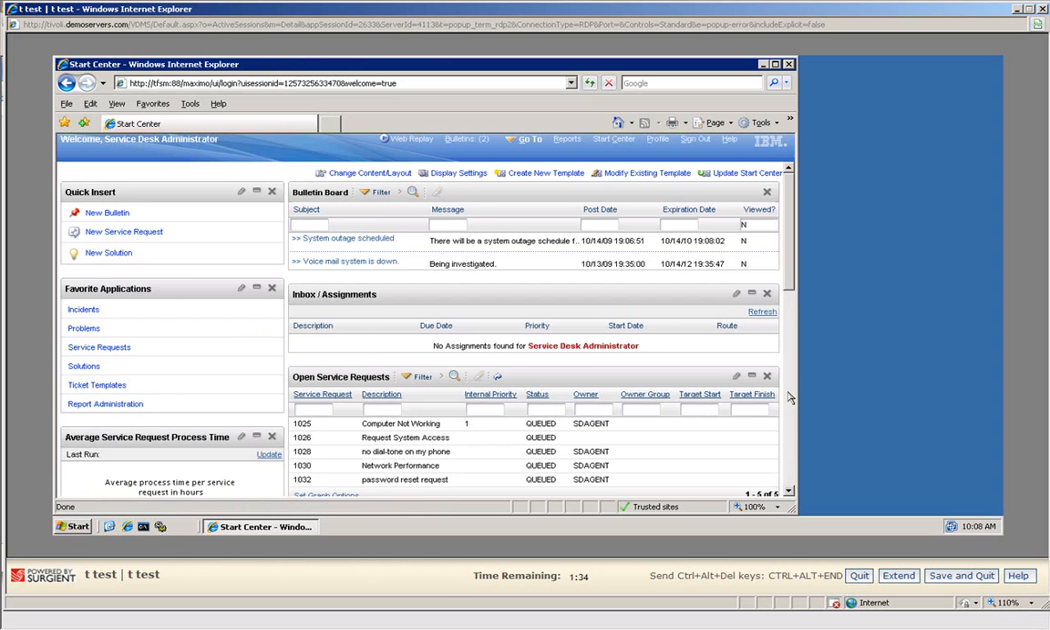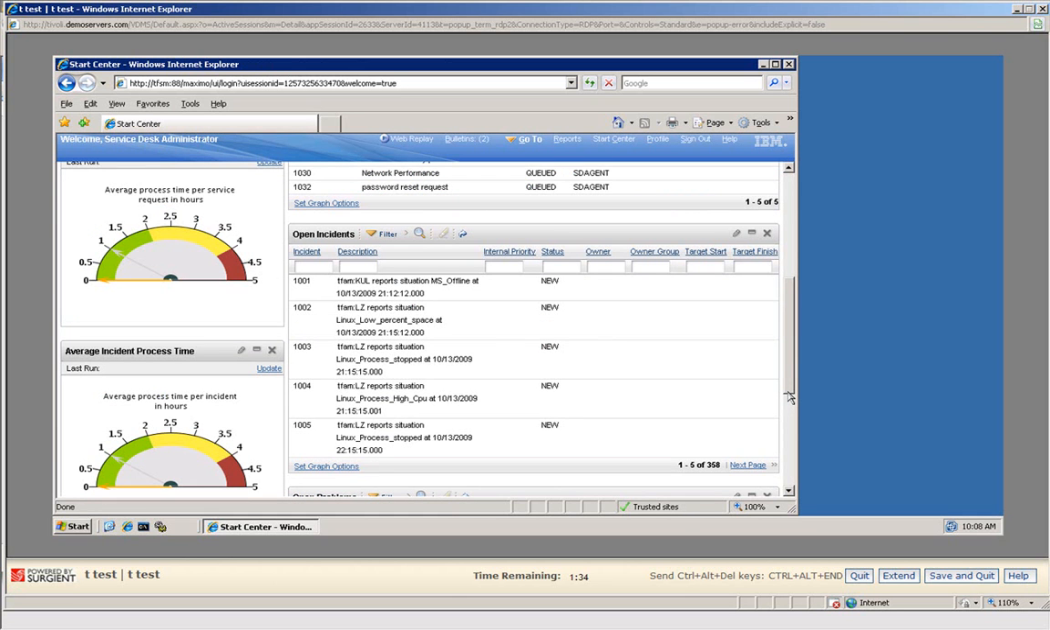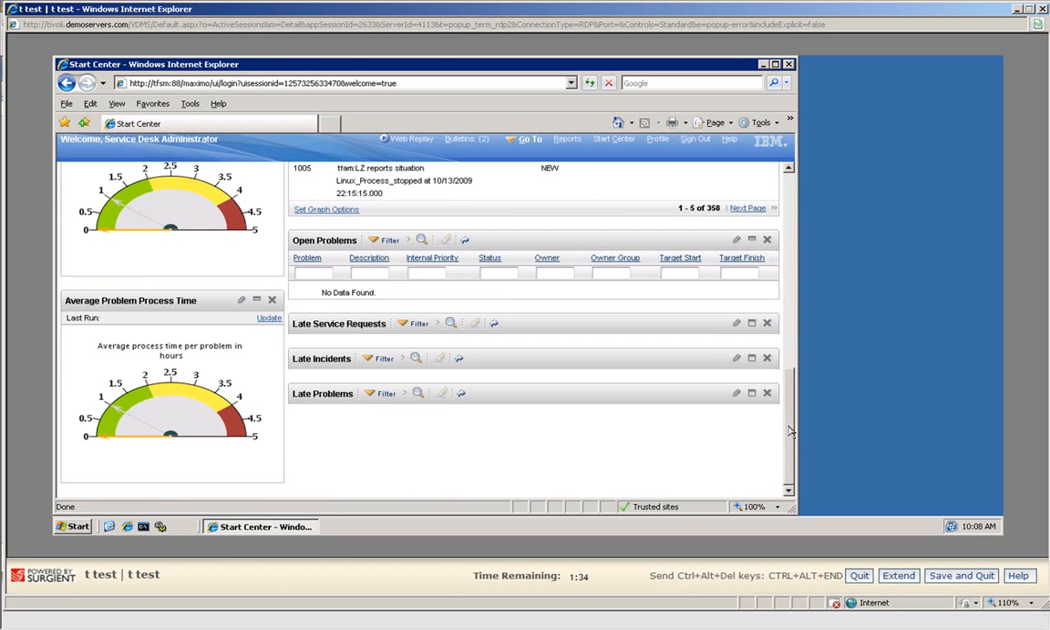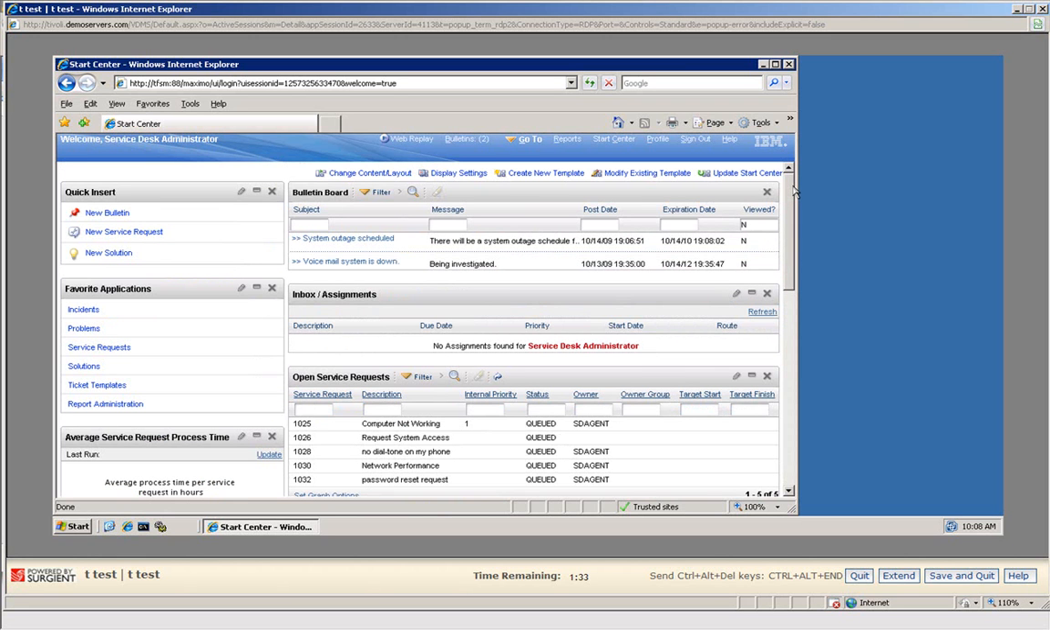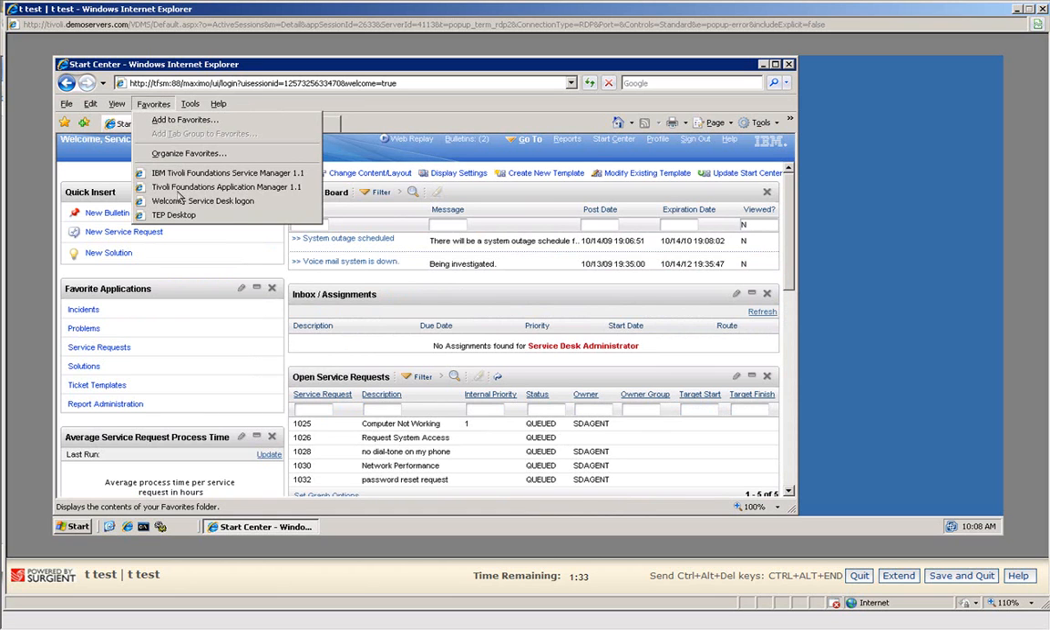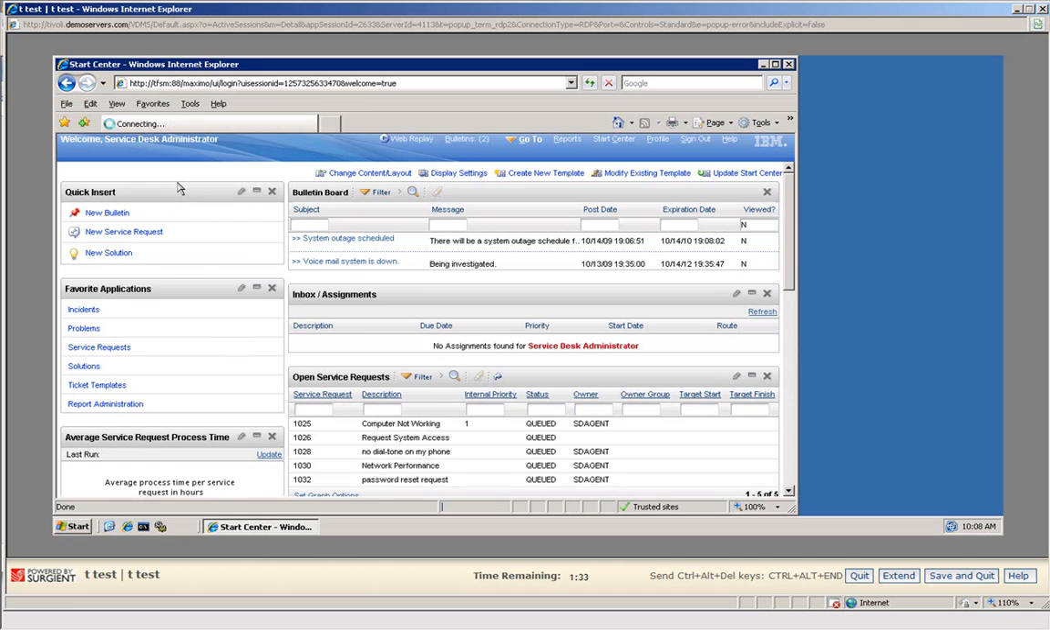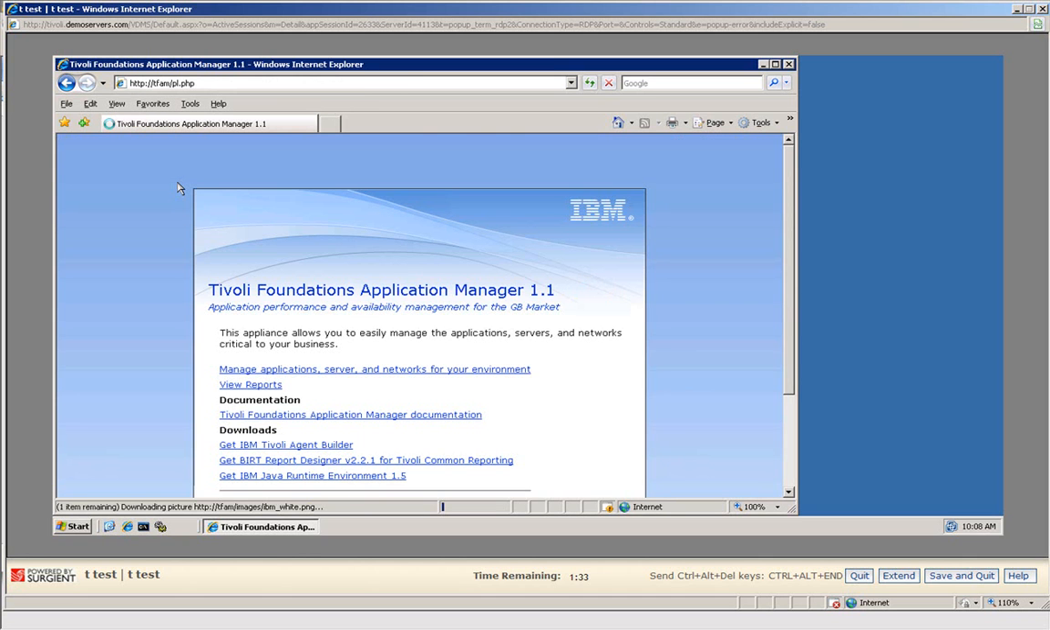And from these pages you can see the incidents that are open and so forth. We have a couple bulletins for you to look at. You can just do the normal service desk functions at this point. Alright, so let's go back and see how you would then look at the Foundation's application manager, and it has